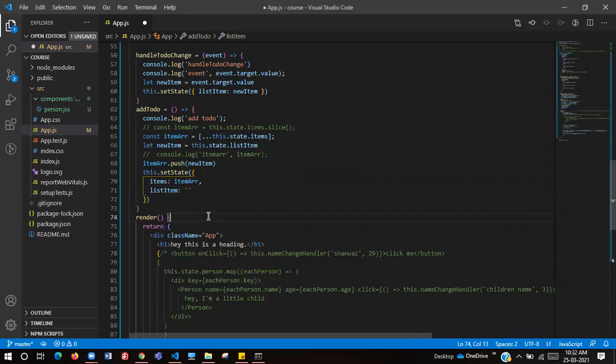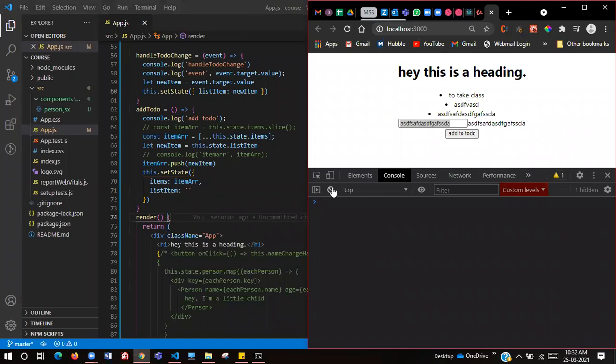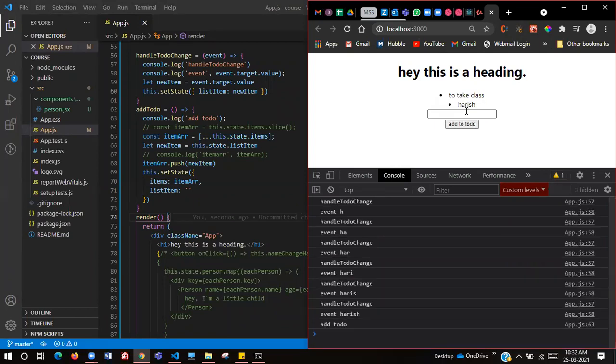Now I have saved it, and now let's see. We type Harish, and we click on add to do, and now the string is empty again. Now we type Shanvas, and now okay.